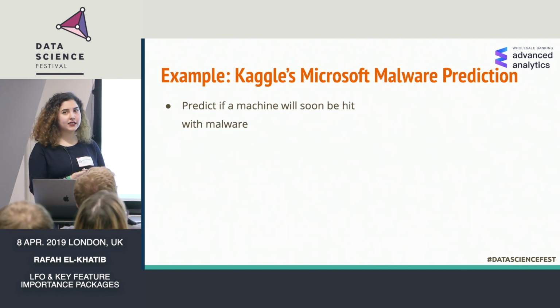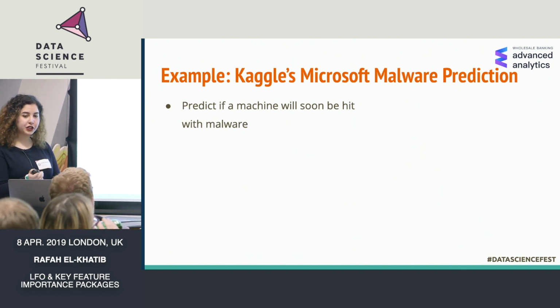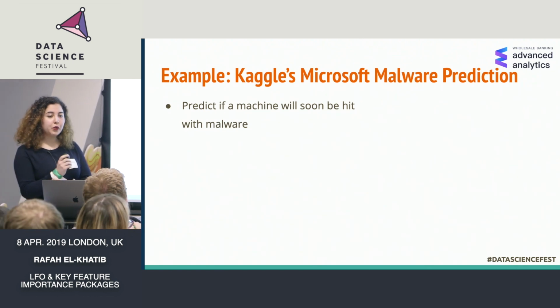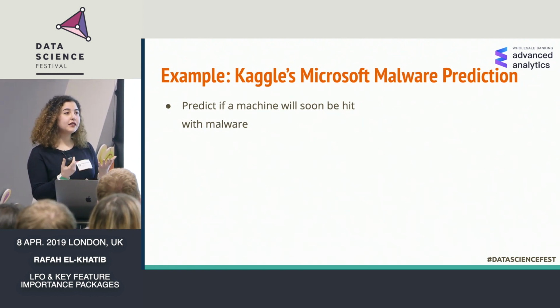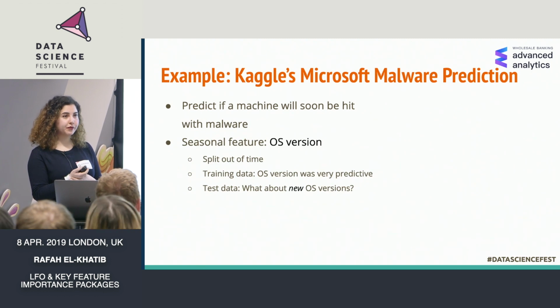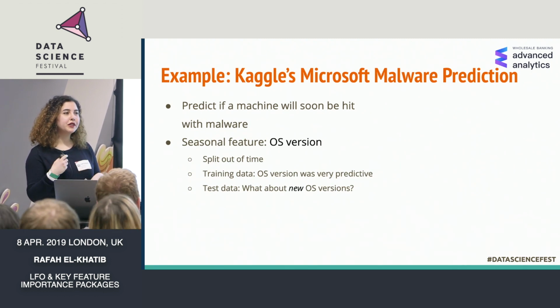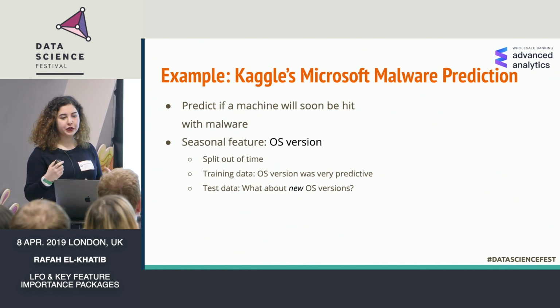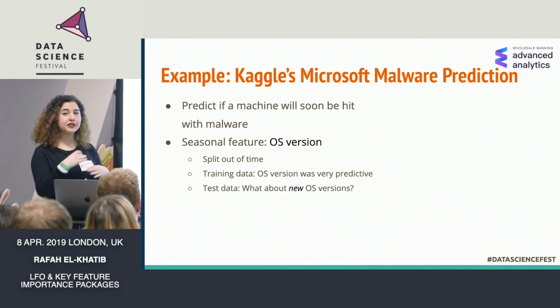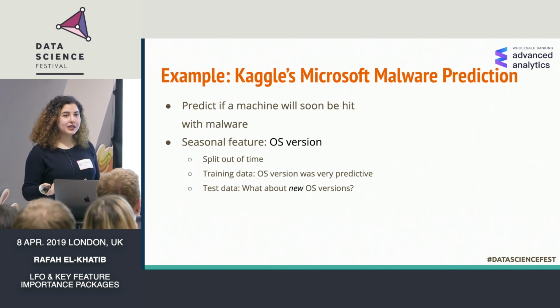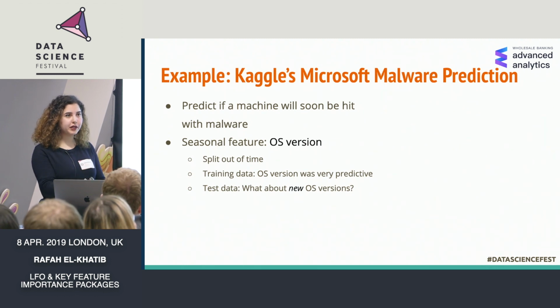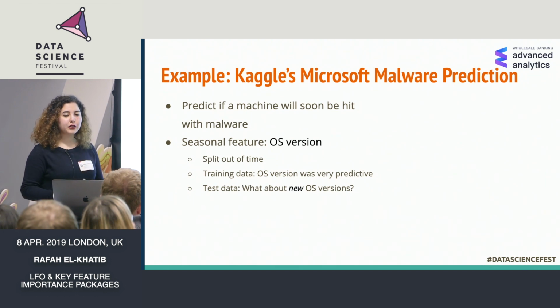Okay, so let's look at an example. There's this Kaggle competition that Microsoft proposed, where they give us a data set and ask us to predict whether a machine will soon be hit with malware. One of the features in the data set is the operating system version. Now, Microsoft wanted something that they can use in the future, so we split the training and test sets out of time. But what happens then is that in your validation set, you'll have OS versions that are newer because they're split out of time, and they never appeared in the training set, and vice versa. So what happens is